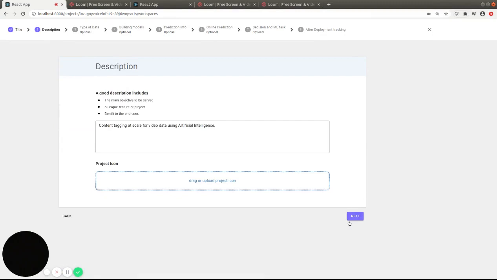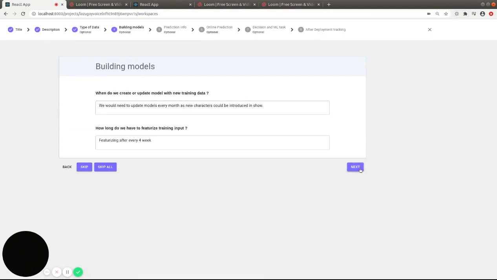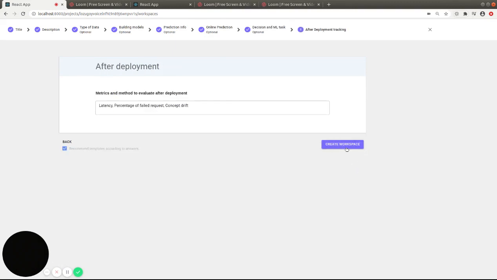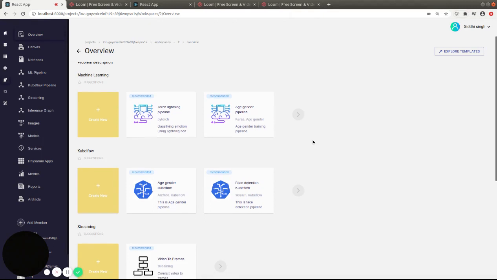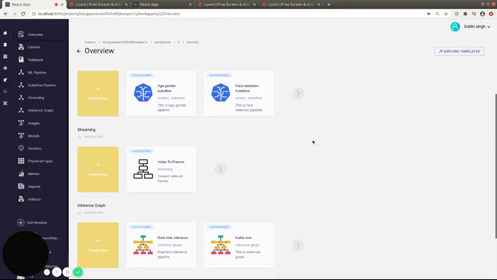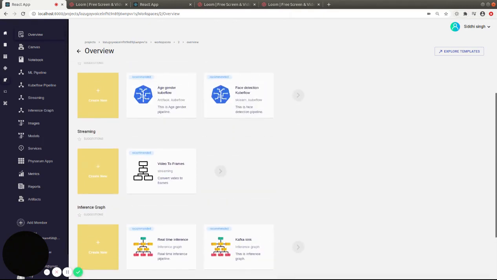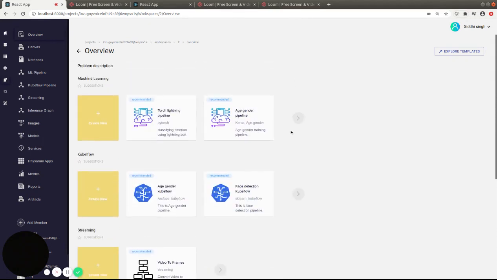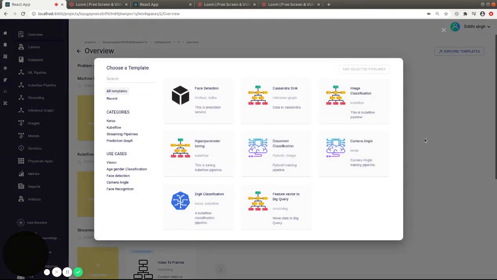It begins with answering a few questions: how to acquire data, frequency of training, expected prediction latency, and a few more. Essentially trying to identify the nature of problem we are trying to solve so that we can provide useful recommendation. This essentially helps us populate the workspace with useful recommendation on everything from machine learning pipeline, deployment workflows, corresponding streaming pipeline which can be added for real-time prediction, and many more relevant reusable building blocks to build a full-stack AI application.